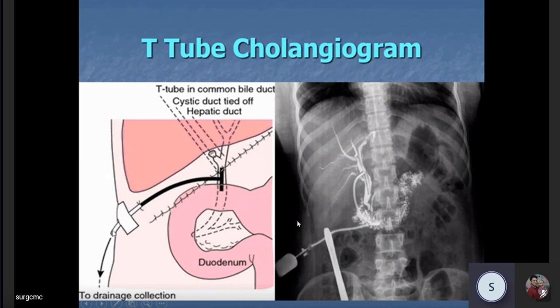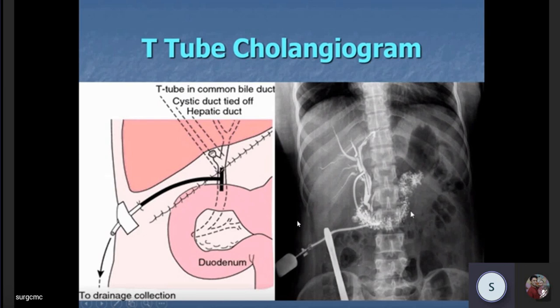Logic is simple. The tube is out here. You put a dye from here. So the dye will go via this and this, go up on both sides and go down. So I have pushed a dye. This is the syringe. Dye is going in. Both limbs up, intrahepatic biliary radicals are visualized, and dye has gone down, and I can see dye has gone up to the jejunum. This fluffy opacity is jejunum.